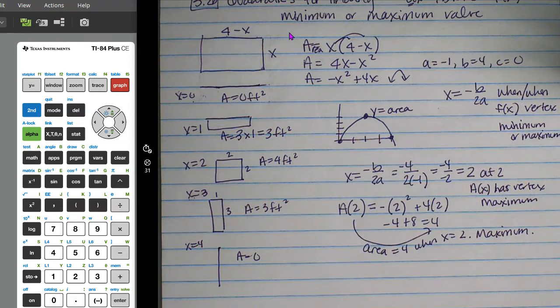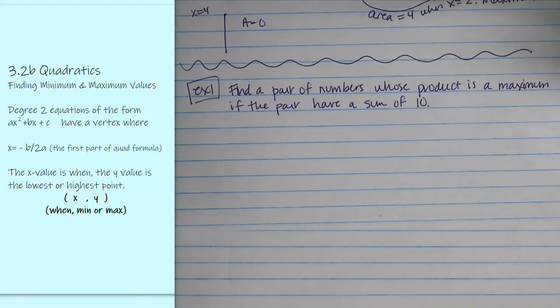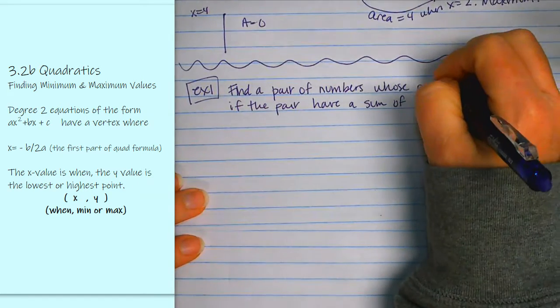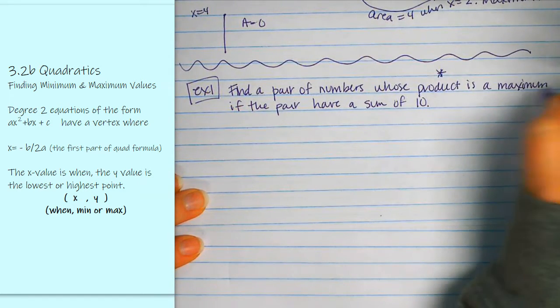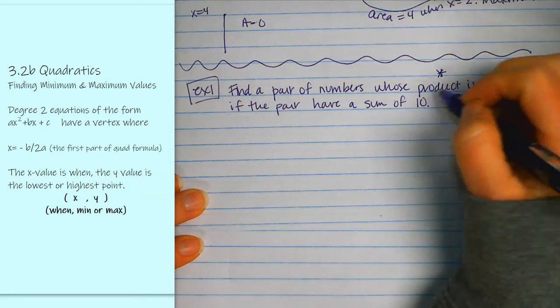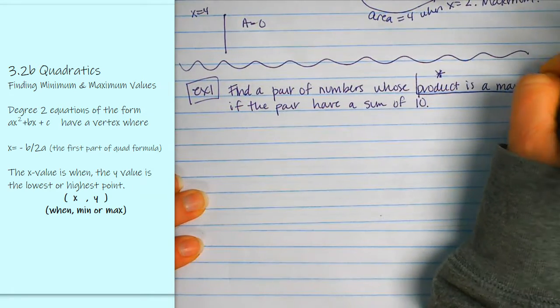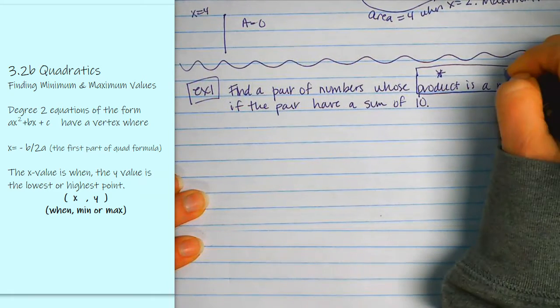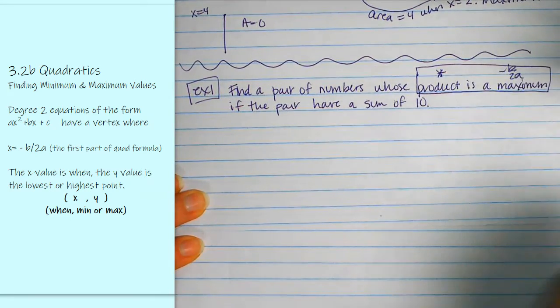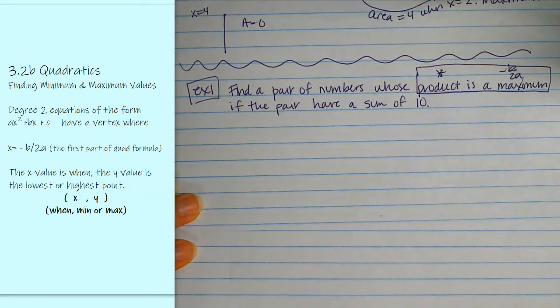All right, let's look at some of the examples in the book. Okay, our first example, written as a word problem. We're going to model all these words into math. Find a pair of numbers whose product, so that means multiplication, is a maximum. So we're going to use this one as a quadratic because that's how we know how to find maximums with negative b over 2a. If the pair has a sum of